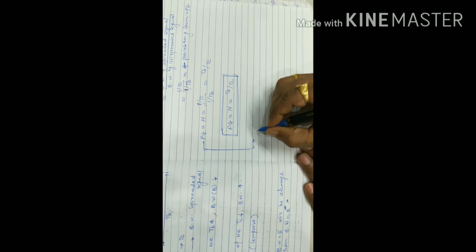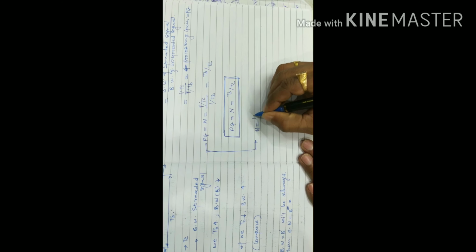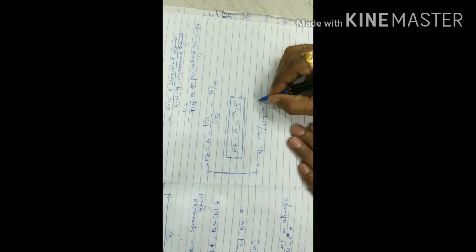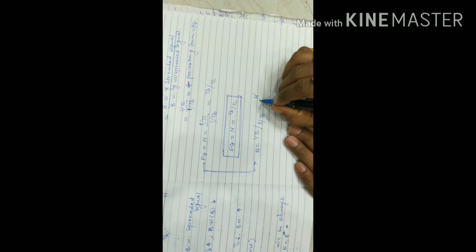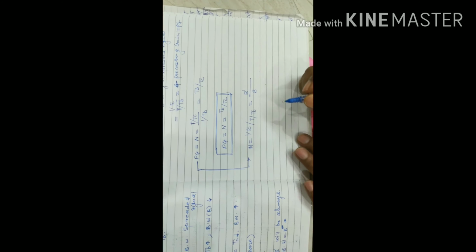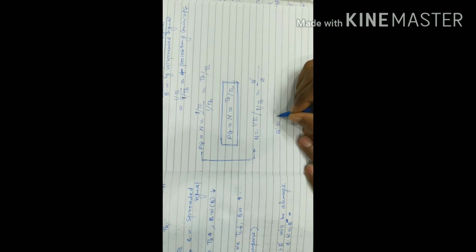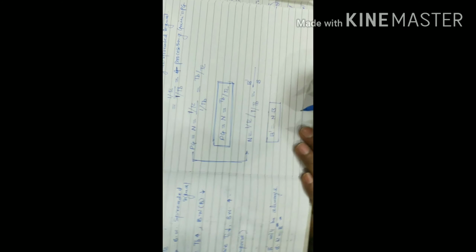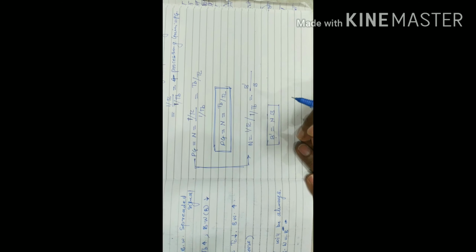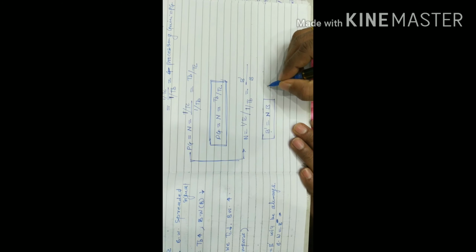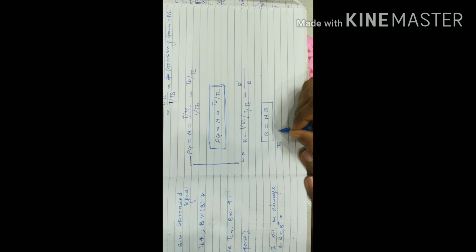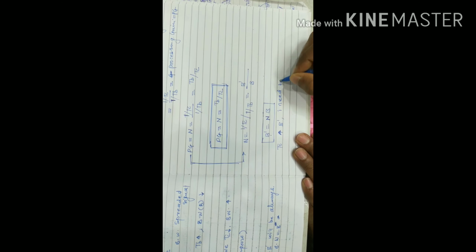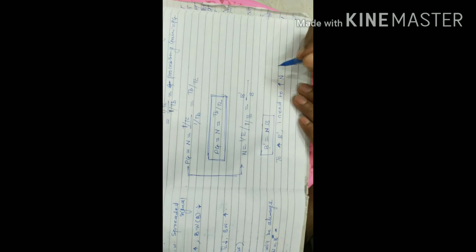If we rewrite this equation, that is N is equal to 1 by TC by 1 by TB, we can write this as B dash, that is the bandwidth of the spreaded signal, and this is the bandwidth of the unspreaded signal, that is B. We can write over here B dash is equal to N into B. So if I want to increase the bandwidth B dash of the spreaded signal, then I need to increase the value of N, that is the PN sequence length.